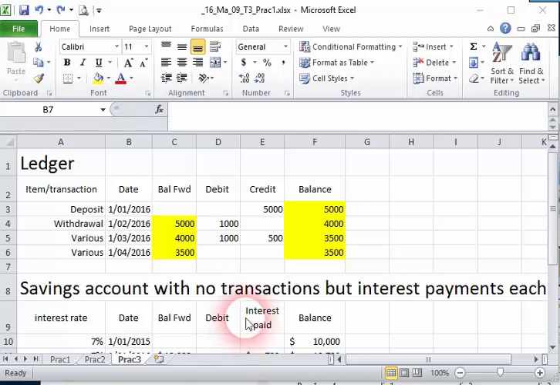This is our third practice session. In this session we're going to look at ledgers. So this is a ledger that you might have set up for your own particular cash accounting for your everyday